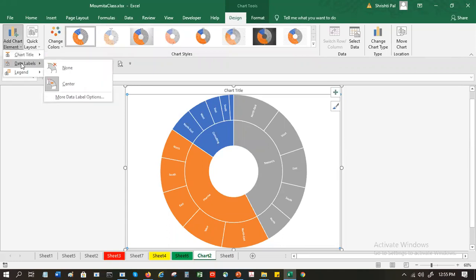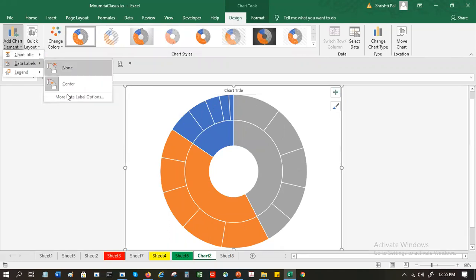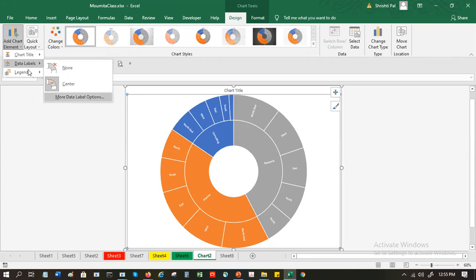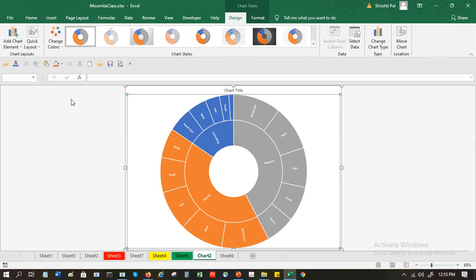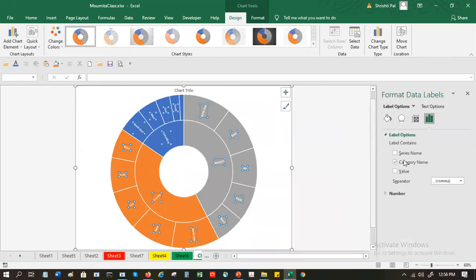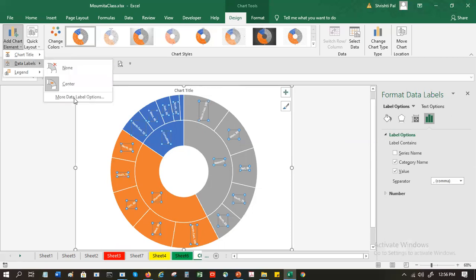চার্ট লেভেলে গিয়ে দেখব যে কোথায় হ্যাঁ দিয়েছে আর কি। ডেটা লেভেলস, আমার ওখানে নাম্বারস আছে কিনা, সিরিজ নেম, I want to show the value. তাহলে এই ভ্যালুস গুলো ব্র্যাকেটে পাশাপাশি চলে এলো আর কি। এই যে ভ্যালুটা আছে এখানে, এটা কি করে দেখালেন? এই যে এখানে গেলাম ডেটা, অ্যাড চার্ট এলিমেন্ট, ডেটা লেবেল বলছে, এখানে মোর